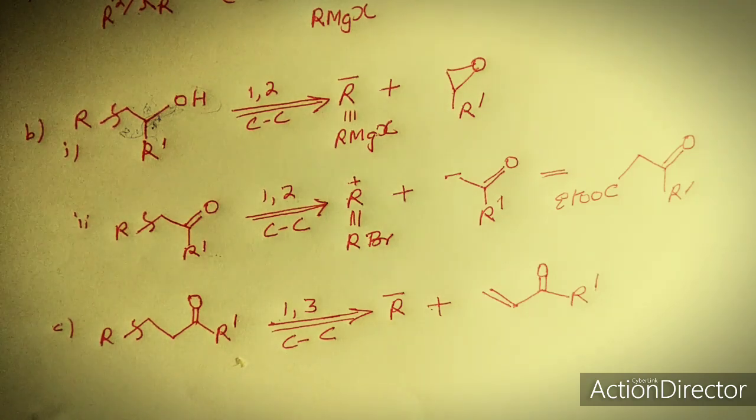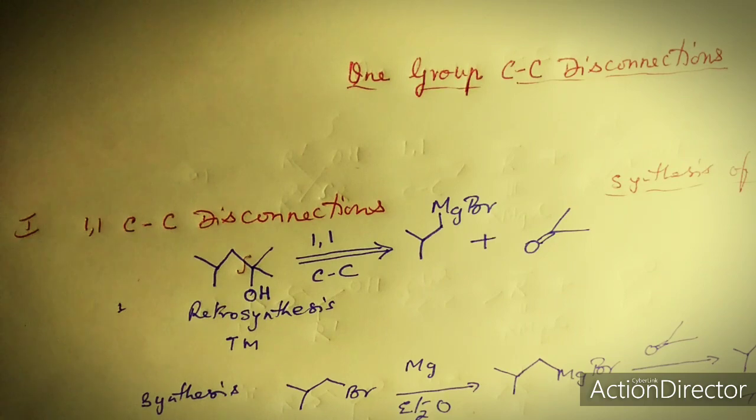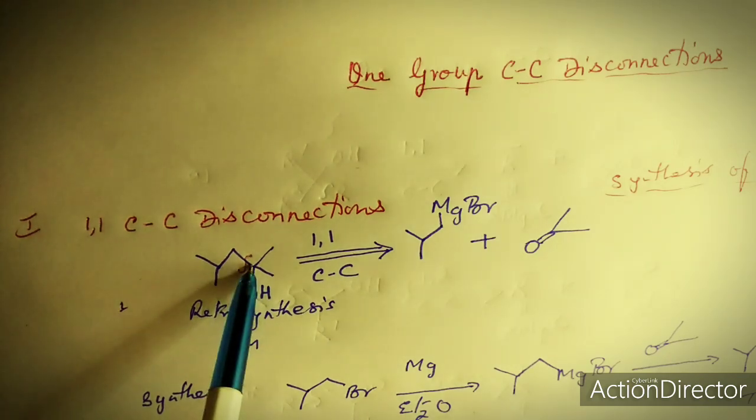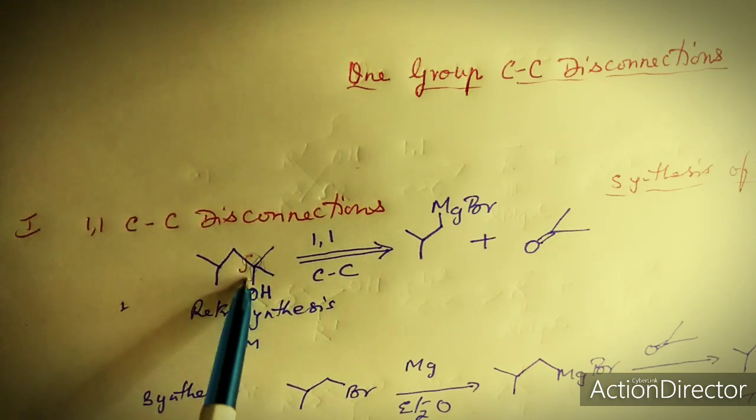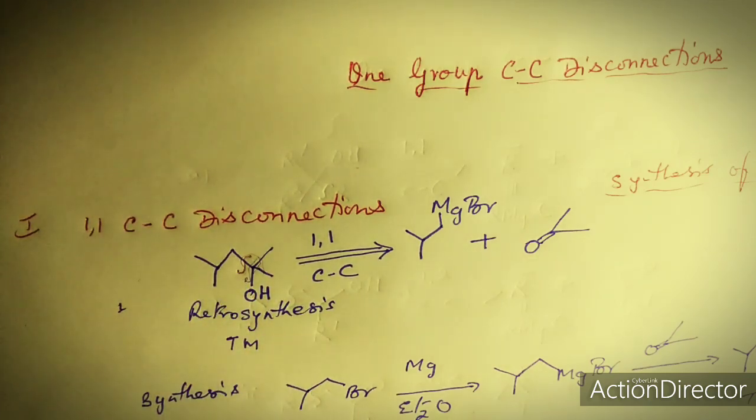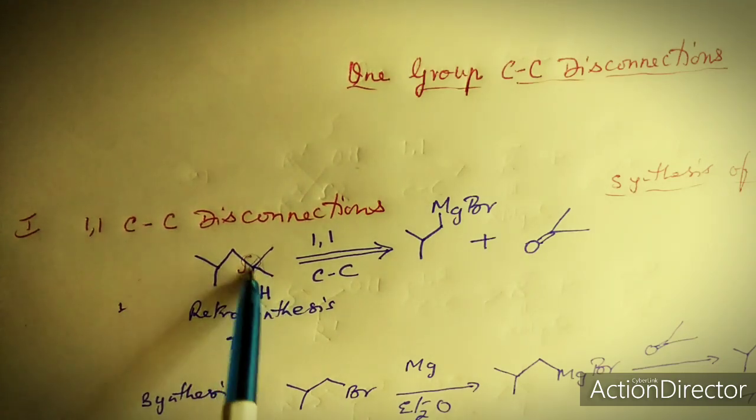So these are one group CC disconnections: 1,1, 1,2 and 1,3. So let's take a few examples. The first example here is that of the synthesis of alcohols. So we are disconnecting the CC bond next to the oxygen of the alcohol, the functional group. So this is the carbon and this is being disconnected. So 1,1. What do we get? As we saw earlier in the summary in the initial sheet, one will be negative, the other positive. The positive will generate